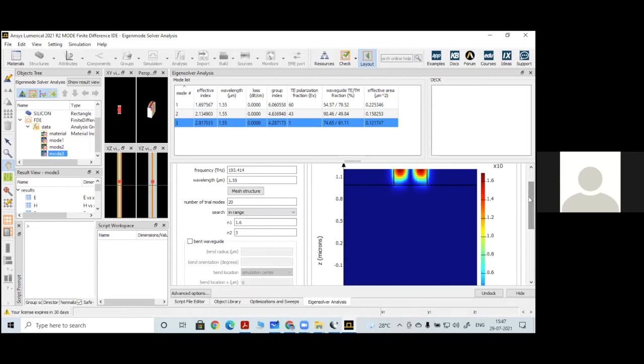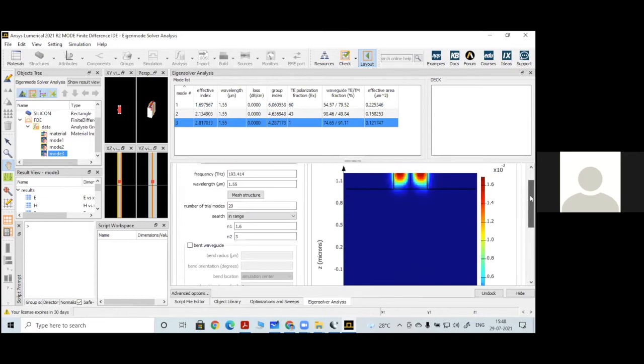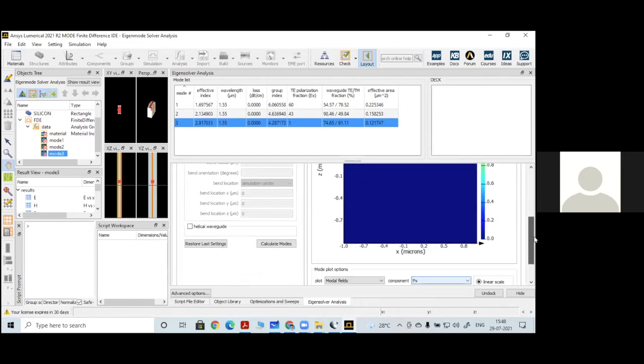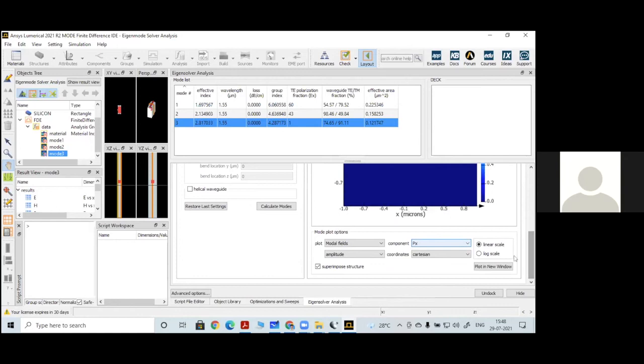So volt ampere will be considered as watt, and the denominator will be square meter. So that particular parameter, watt per square meter, in the case of radiating systems, is considered as Poynting vector. So this is Poynting vector along X, along Y, and along Z direction.